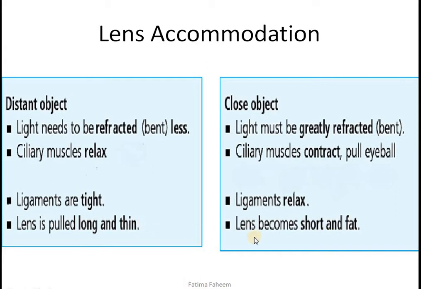You can remember the shape of the lens by imagining the glasses that we artificially use. If you have seen that people who are having weak far sightedness, or they are not being able to view things clearly from a distance, what they use are spectacles which are having thinner and longer lens, which are thinner in the middle and thicker at the edges.